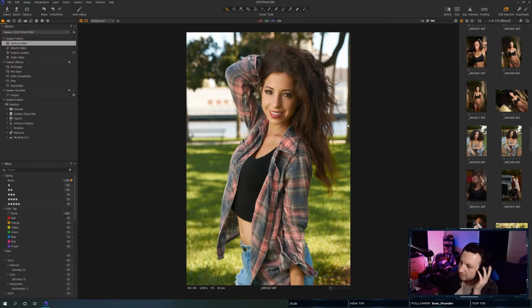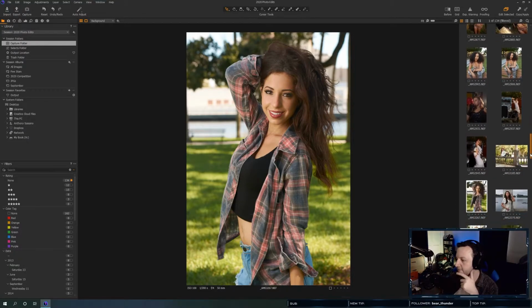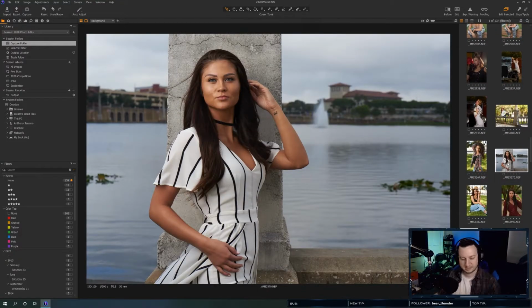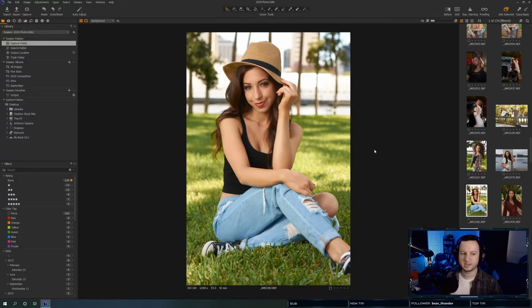So this one, I think this one might fall into that category, because I want to do color for September. Just like I think this one too might fall into that category, just because she has really good skin and it won't require much. Plus I have a plugin that we can try out to see how it does on the skin.